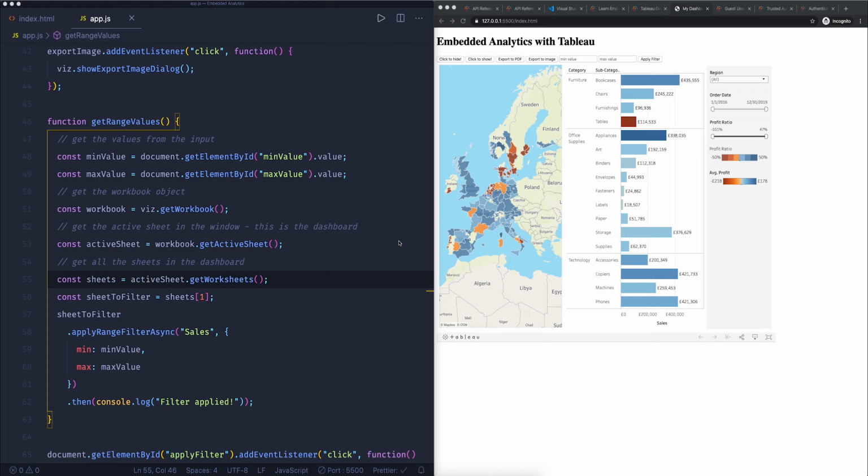But what I now want to look at, and this will be the last video in this series, is another thing called authentication. How do we authenticate people when they look at their dashboards? Because what we've been doing at the moment is using a Tableau Public dashboard. Now, if you have sensitive data, you don't want to publish that onto Tableau Public